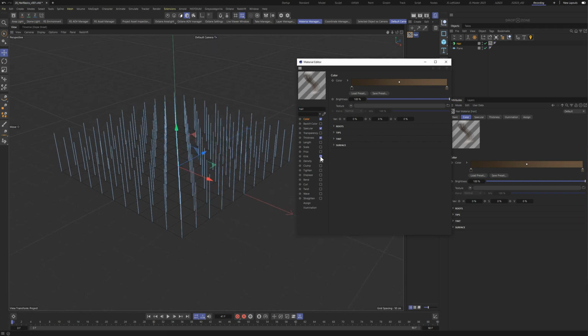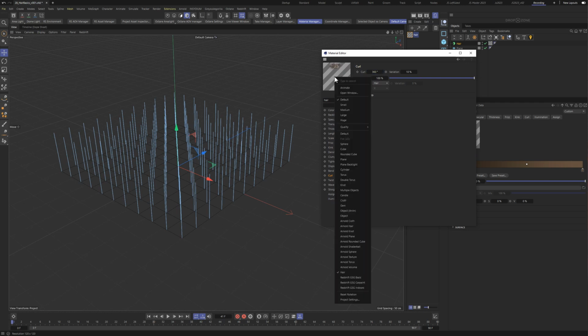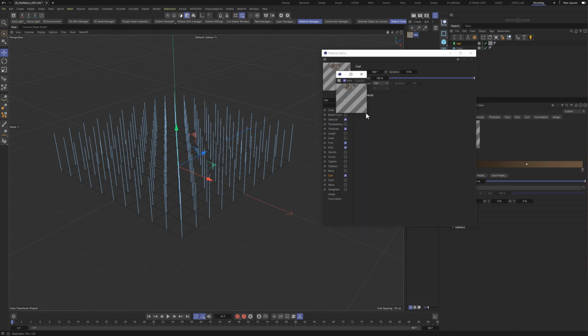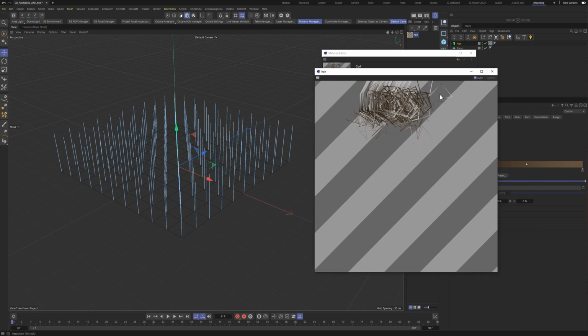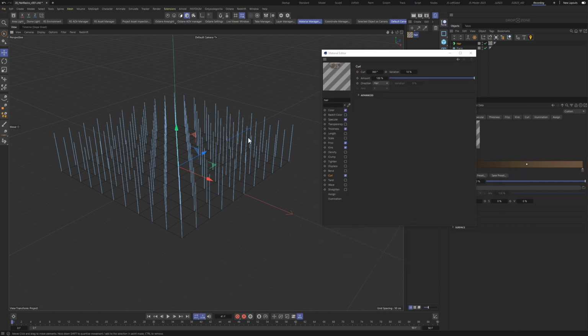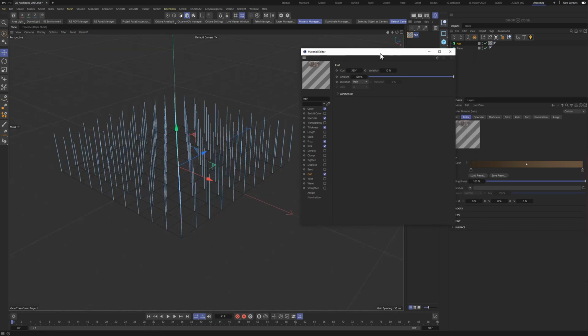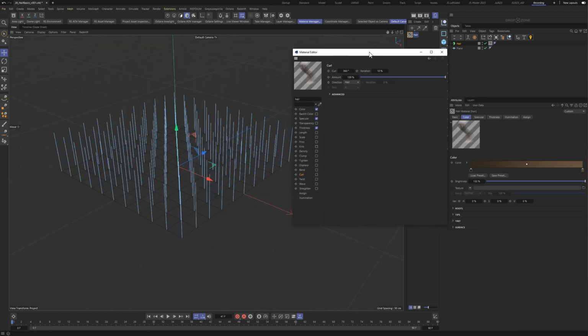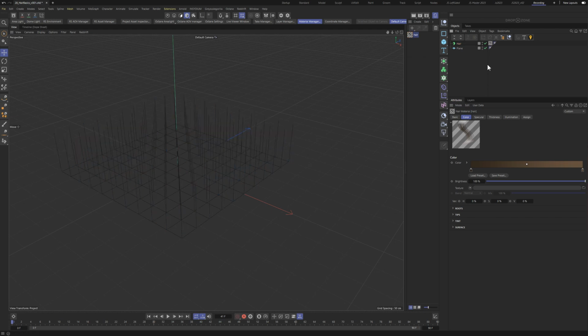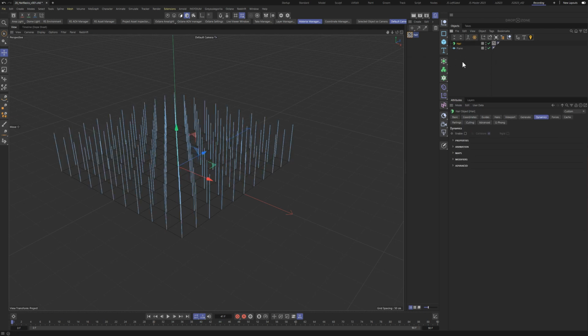To demonstrate that, I can add kink, frizz, and maybe curl. And then here, I'm just going to go to crazy numbers. You can see something happening if I open the window. I really wish this was a little bit more interactive, but you can see that the hair is being affected by that, but we're not seeing any of that here in our viewport. Obviously, if I start my IPR, you would see that it already changes and gives us an actual representation of our hair. So if I stop that, that's one of the first things that I wanted to touch on, because most people don't know about it, and I certainly did not. I discovered it